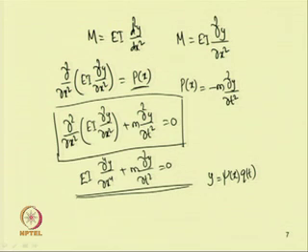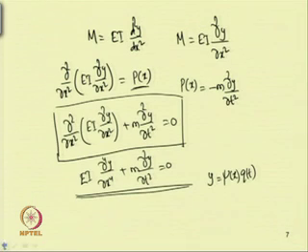If one substitutes in this equation, then it can be reduced to EI d⁴ψ/dx⁴ into q(t). This is a function of x only, so differentiation of ψ into q(t)